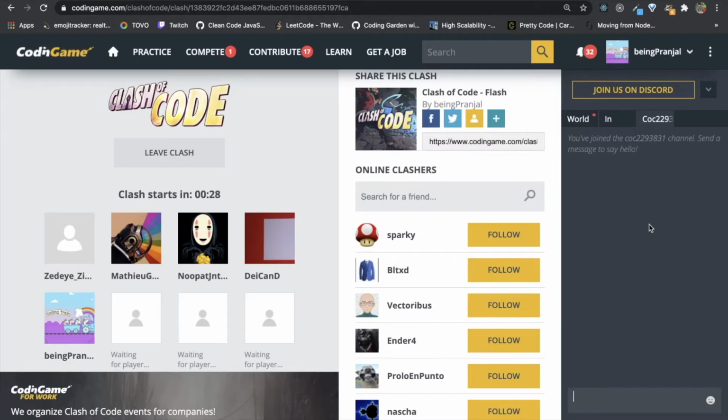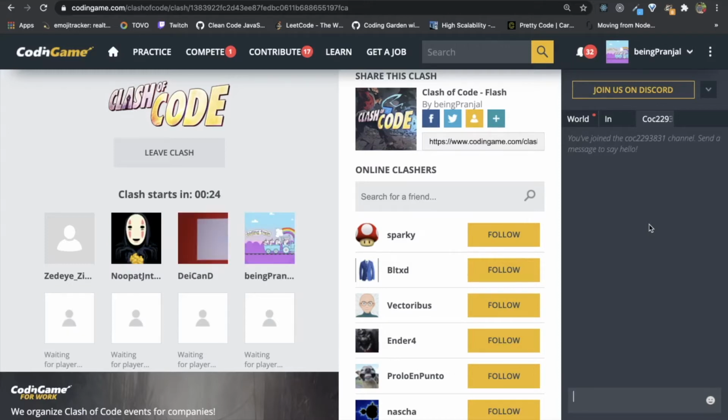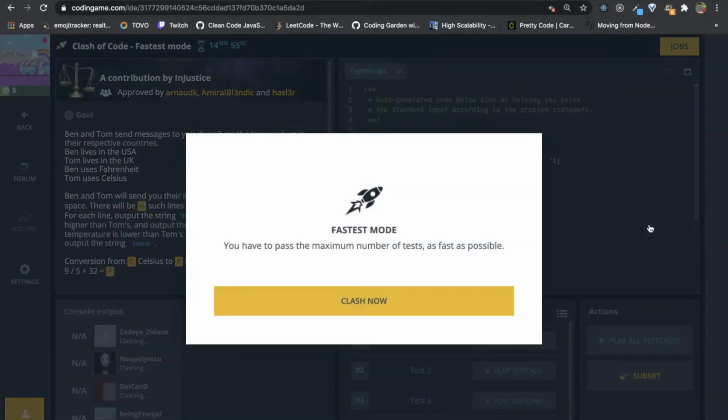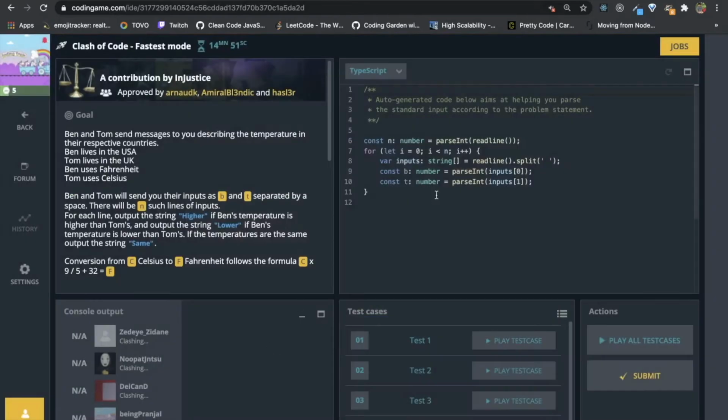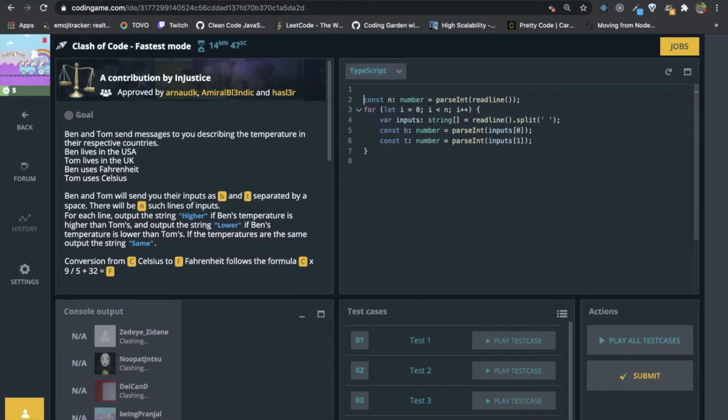After this timer ends we will be presented with a problem which we have to solve in under 15 minutes. Multiple languages are supported and you can choose any language you like. This is fastest mode, so whoever submits the solution in the shortest amount of time will win. So let's read the problem.